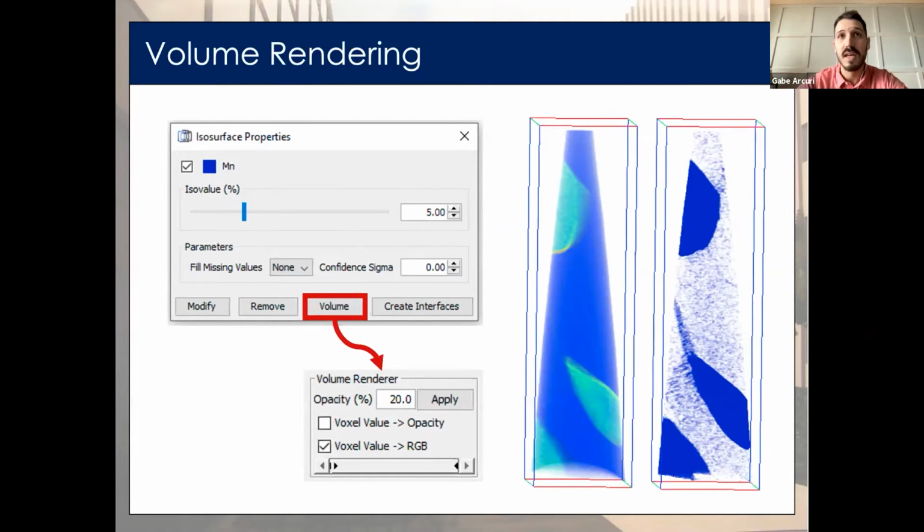So for example, you can change your parameters using this toggle. You can change either our mapping of voxel values based on their degree of opacity, which you can see here, or by mapping the voxel values using a temperature color map, where blue represents our minimum value and red represents our maximum. With this second option, you can also enter a value to define the opacity in this volume rendering.